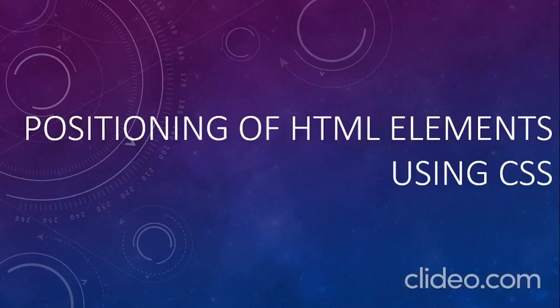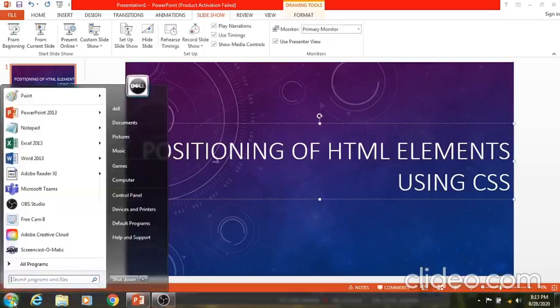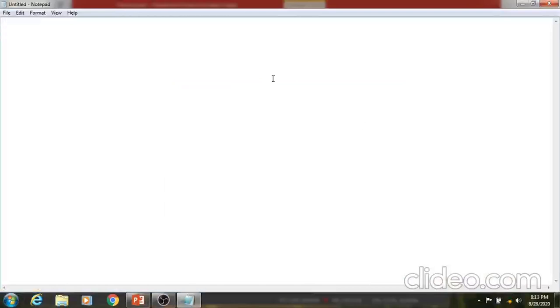Another one is the absolute property, where the element is removed from the normal document flow, and in the page layout no space is created for the element. Let's have one example so we can have a detailed observation. Let us see an example using the relative and absolute properties. So I will start the example.